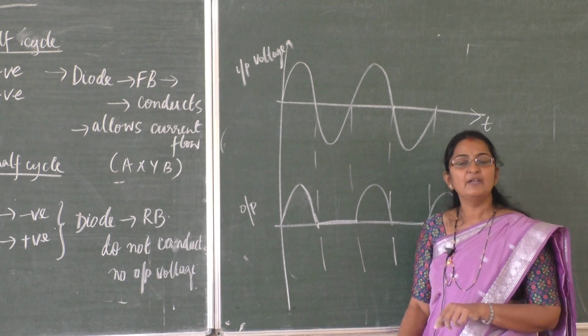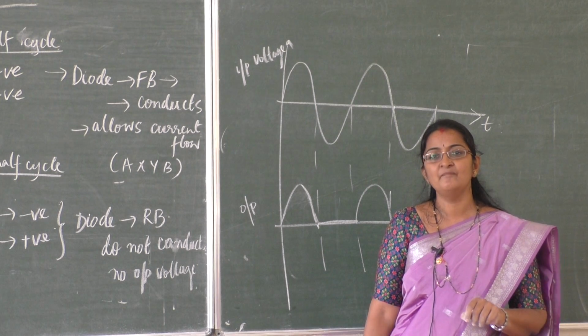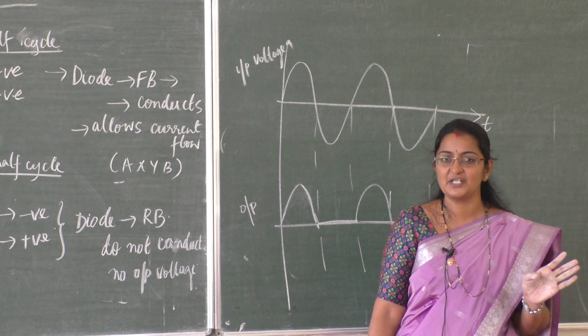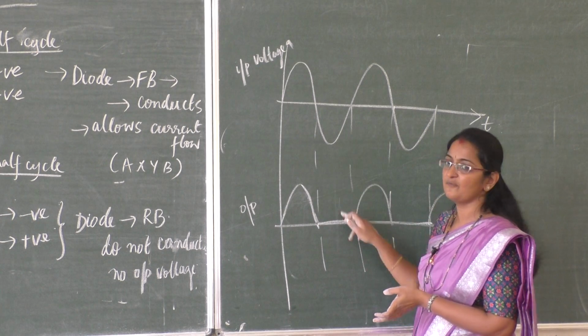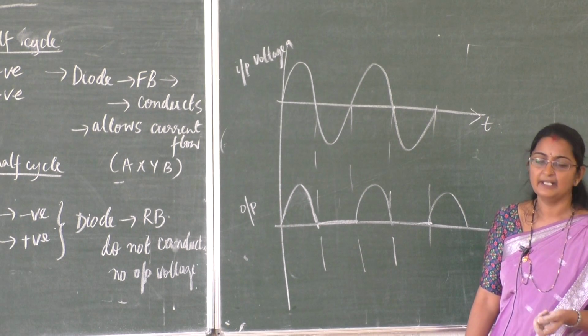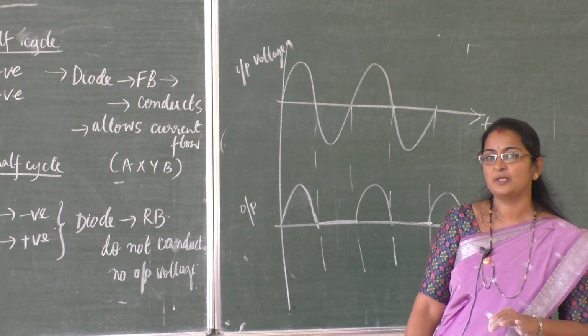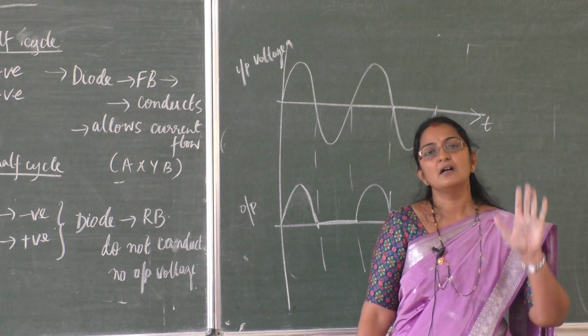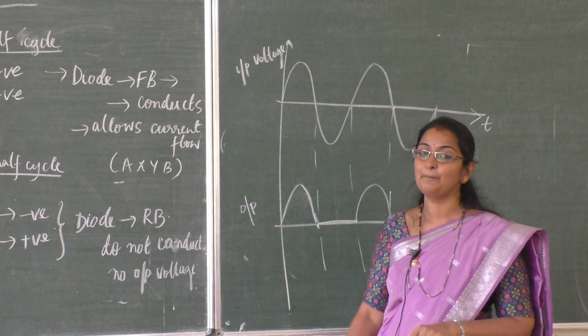Now suppose we are using this type of rectifier in our battery charging system, 50% of our energy is wasted, because once we get current, then for the negative half cycle 0, no current, then current, no current, the charging process will increase. For that sake, we are not using this half wave rectification process in our day-to-day life circuits. Then why study this? Just for the sake of principle.